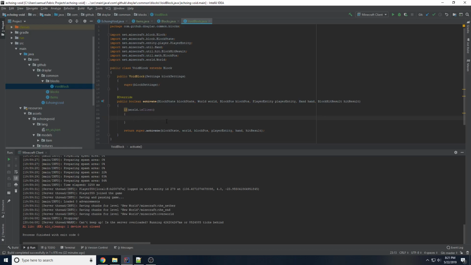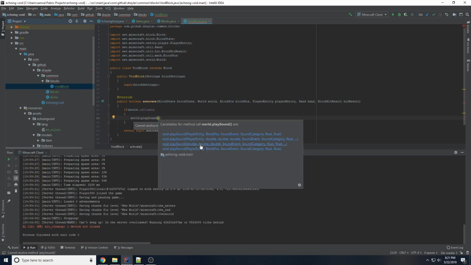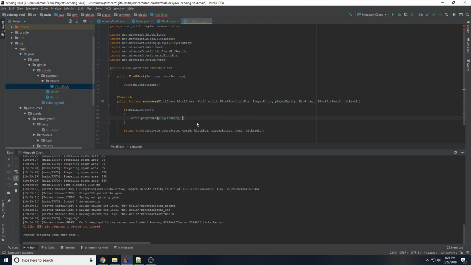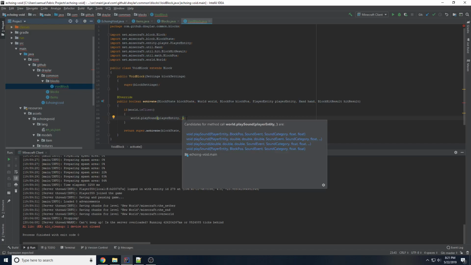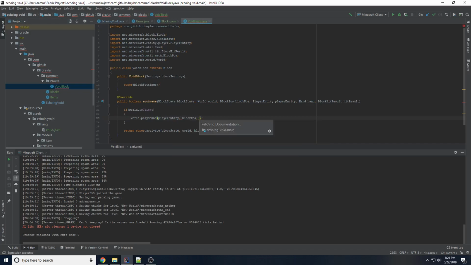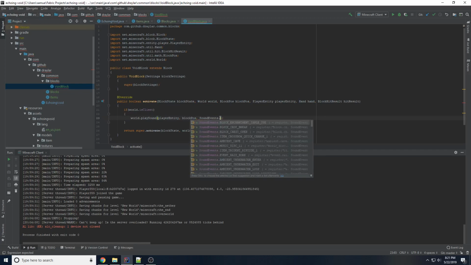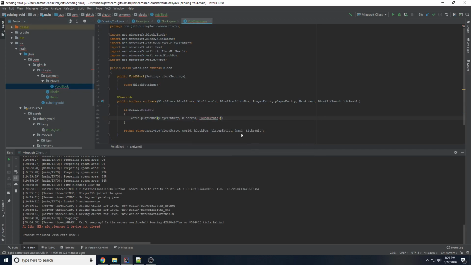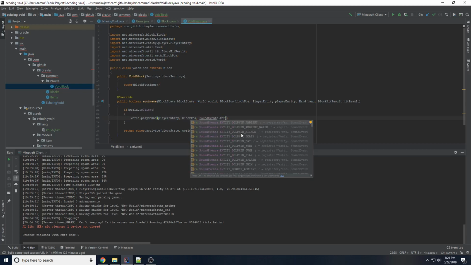So we have if world is client, world, play sound. I have no idea which one of these we need, so I'm just going to look through for a sec. Probably the first one, player entity, we need a block position. We're going to pass in our block pos. We need a sound event, probably sound events, and then is there any like end